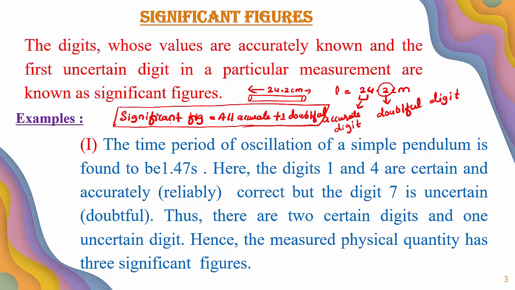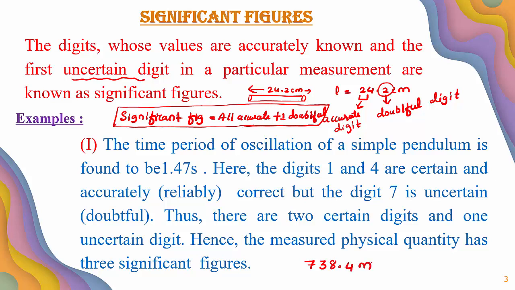Is it clear? All accurate digits plus one doubtful digit give the significant figures. Remember, in the definition, we are using the word uncertain digit. You can see here, uncertain. Whenever you are going to take any number, for example, I am going to consider the number